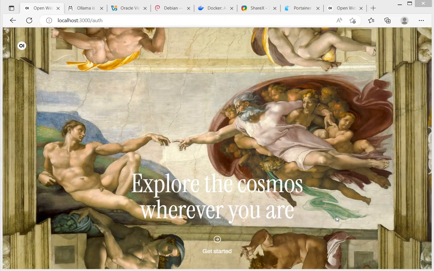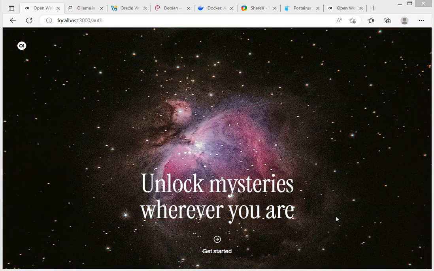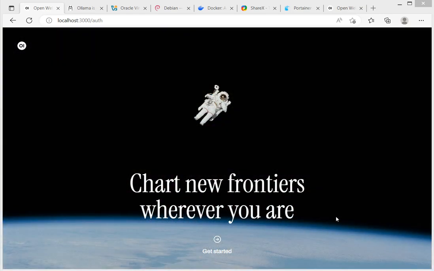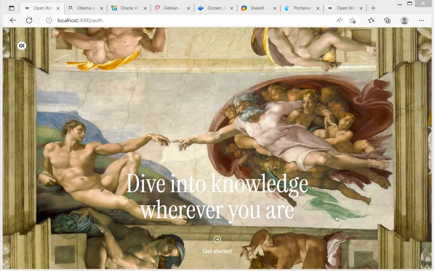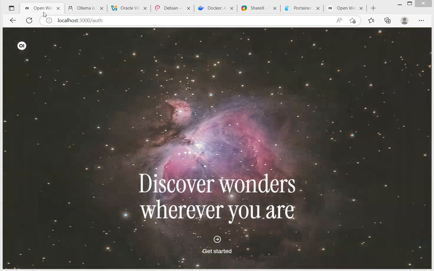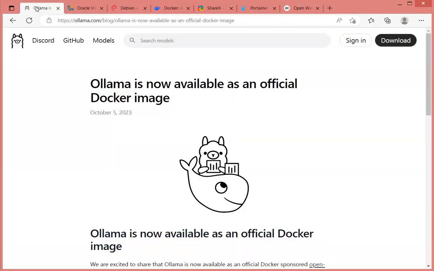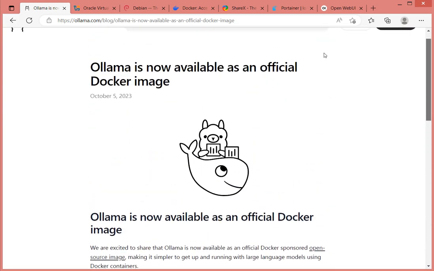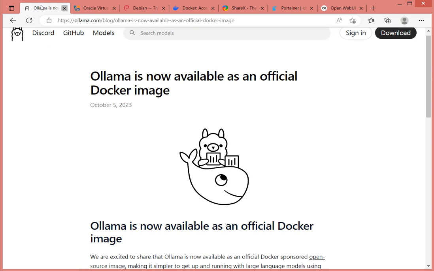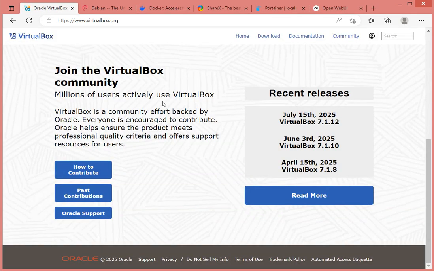Interacting with Ollama, which is a tool to manage LLMs locally. As much as we like the command line and the terminal, this web interface lets us do an elegant REST API integration that will help us navigate directly. This installation is going to be based on Docker, like I mentioned. Ollama is going to be one of the projects that helps us run models directly, and everything is going to be virtualized using the software VirtualBox